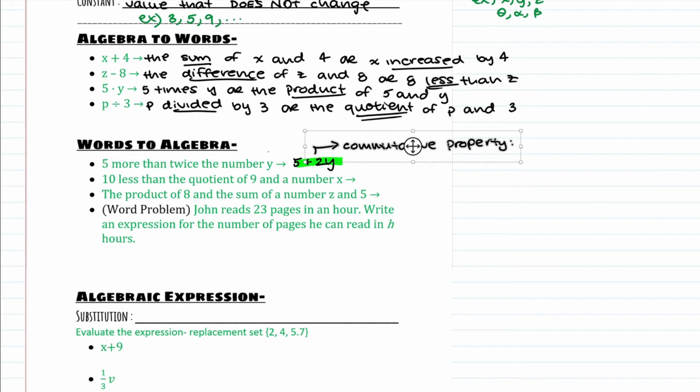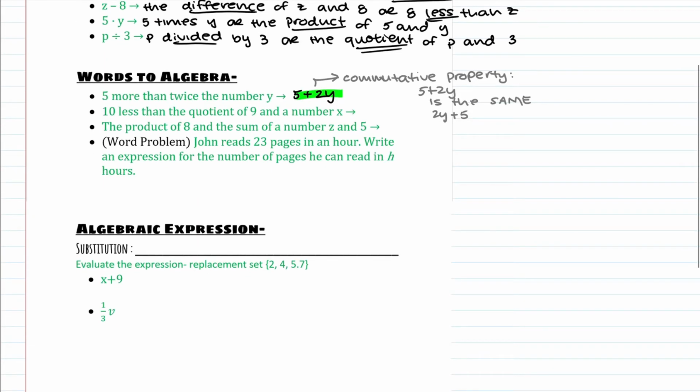Here, let me just switch the color to gray, okay? So the commutative property says that 5 plus 2y is the same as 2y plus 5. The reason why I'm going over this is so you don't get confused because there's a variable that is multiplied to 2. It works the same way, okay? So 5 plus 2y is the same thing as 2y plus 5. Moving on